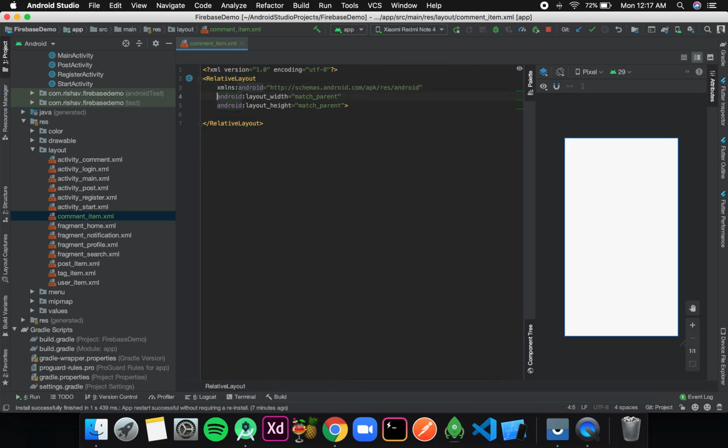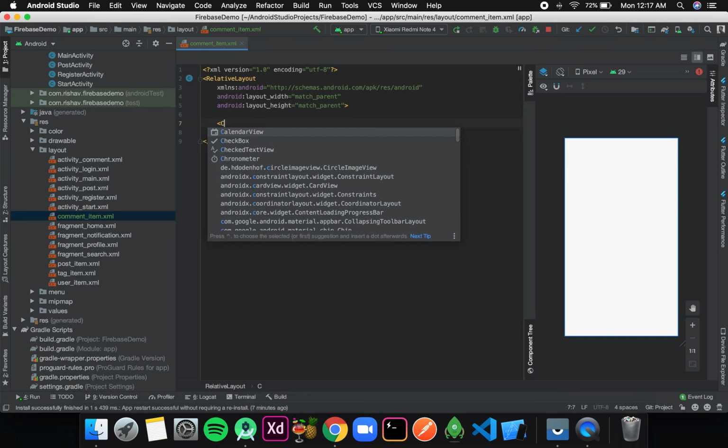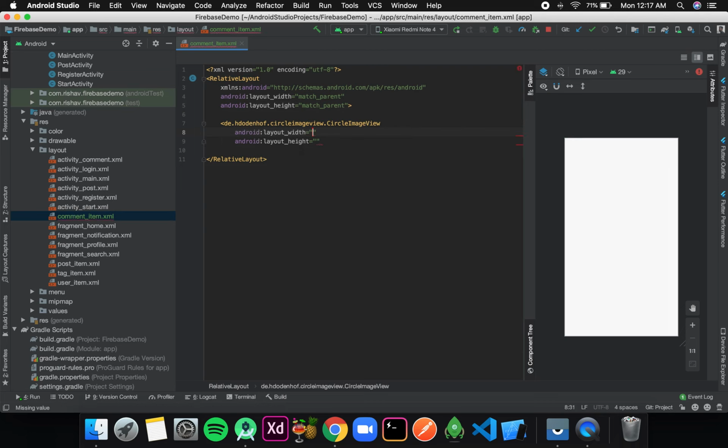Now inside this relative layout, first I'll create a circular image view. Its width will be 40 dp, height will also be 40 dp. Then its id will be, let's say, image